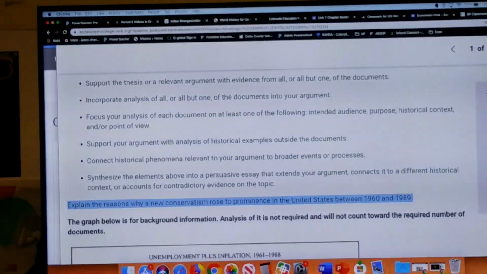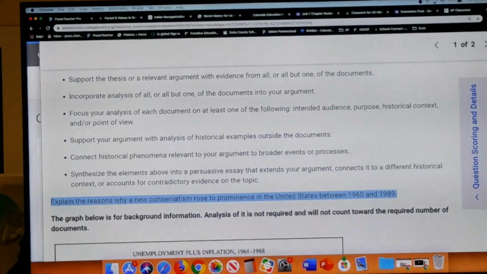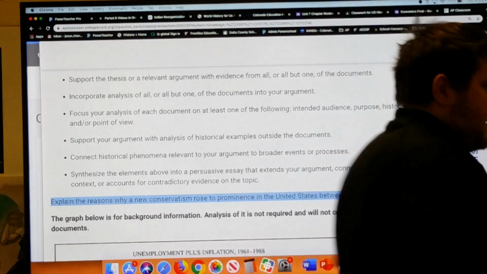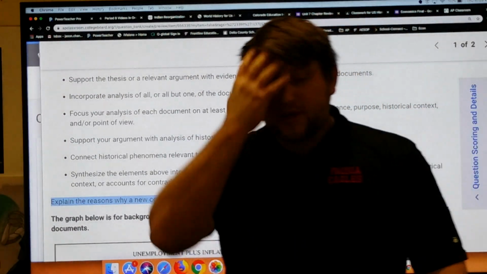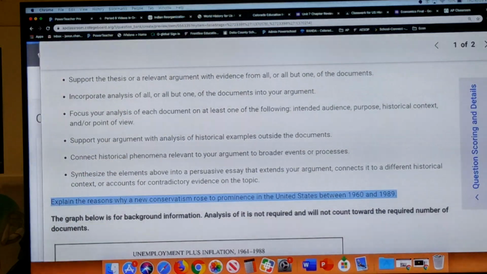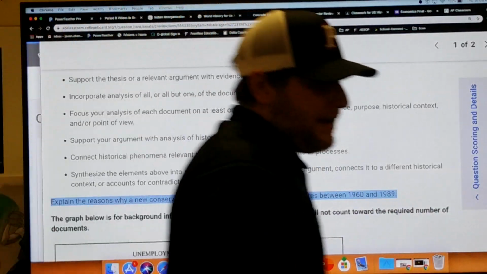Alright, AP update video and a little bit of some DBQ help. So, this week, ending on the 8th, we are reviewing Unit 7. So you only have one unit this time to go through, so a little bit less work than the last couple weeks, which also gives you a little bit of time to make up that work if you missed it.